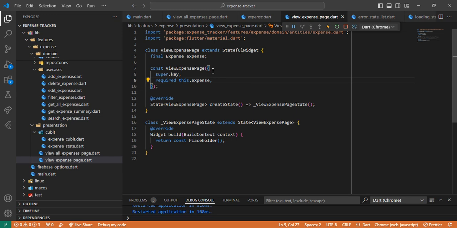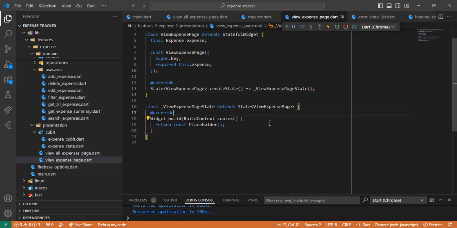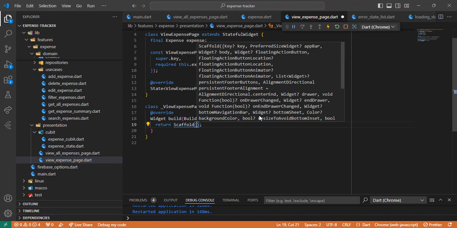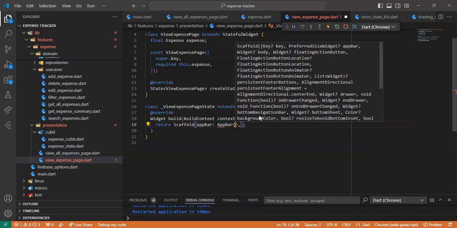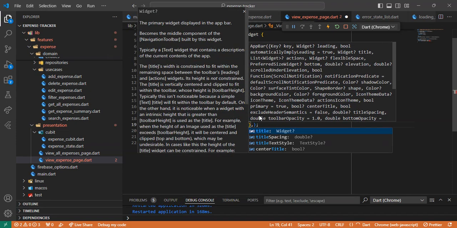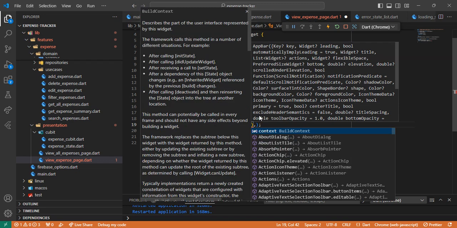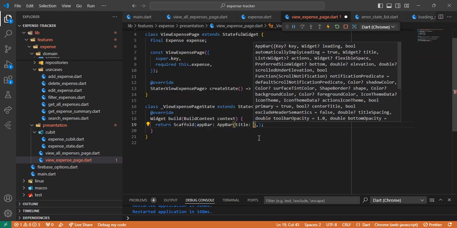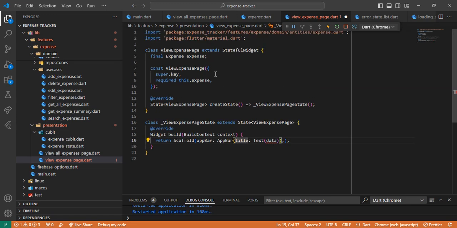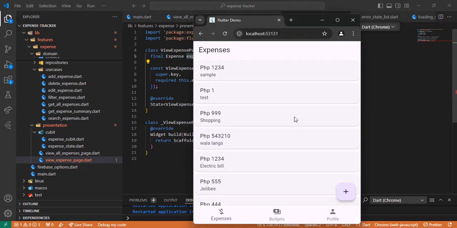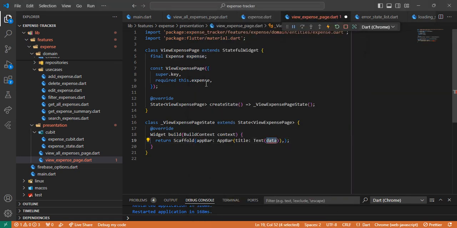So the next part is we're going to create a scaffold with app bar, and then now yung title, I want this title to be dynamic kasi gusto kong i-display niya, I want it to display the description ng object na to. So yung gagawin ko is